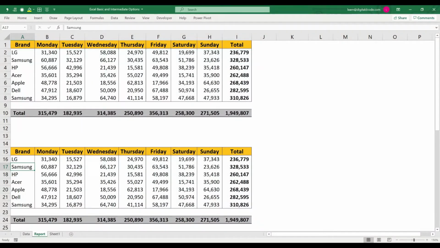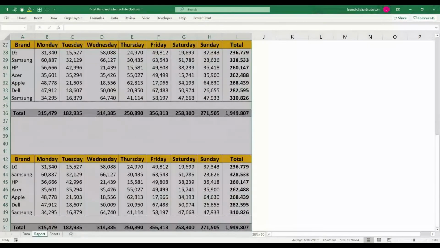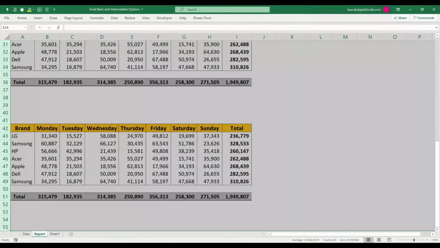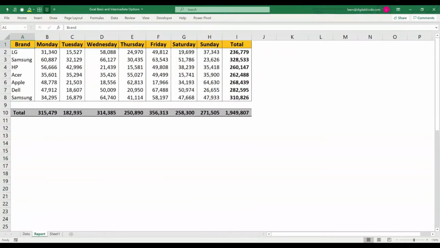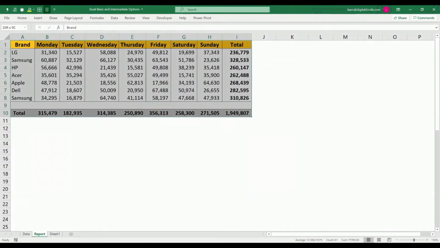Let's look at the paste special option. Let me delete all this. Generally, paste special is used to paste the information which is required from the original data. If you see the data here, I have formatting, so you can see the colors, I have number format, formulas, and borders.